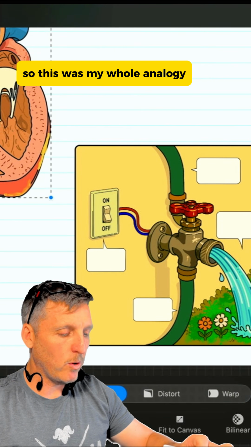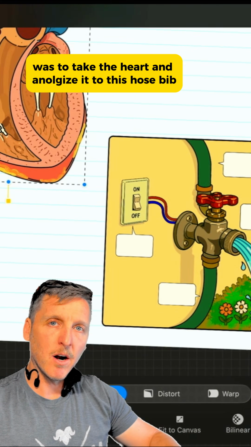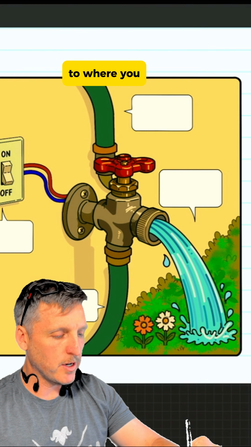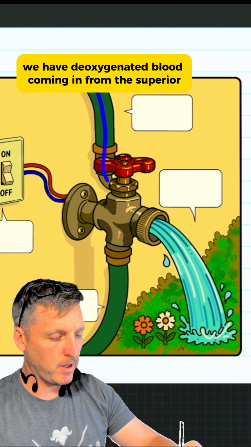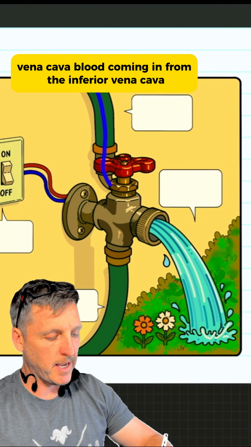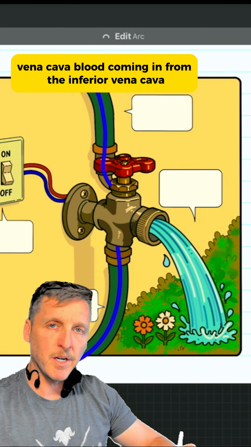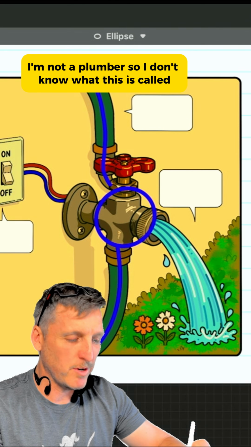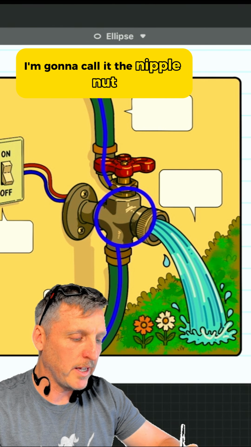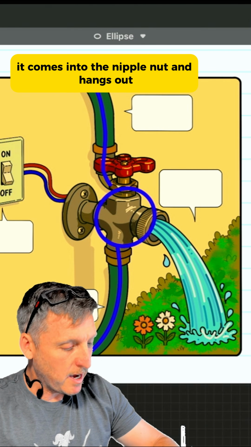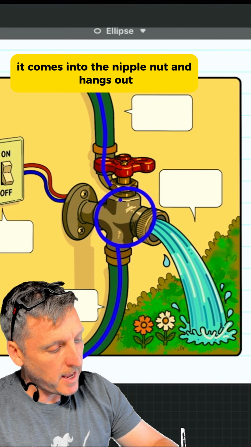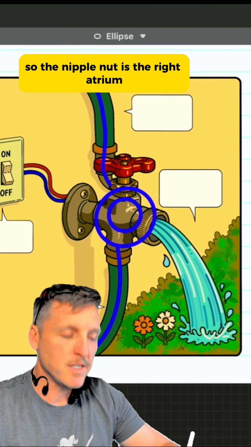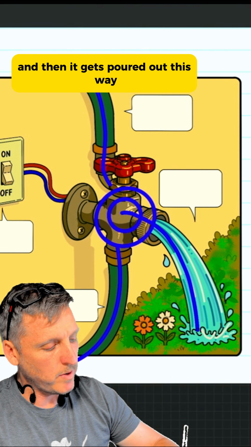So this was my whole analogy, was to take the heart and analogize it to this hose bib, to where we have deoxygenated blood coming in from the superior vena cava, blood coming in from the inferior vena cava, and then this area right here. I'm not a plumber, so I don't know what this is called. I'm going to call it the nipple nut. I like that name. It comes into the nipple nut and hangs out. This is what we're going to call the right atrium. So the nipple nut is the right atrium, and then it gets poured out this way, and that's into the